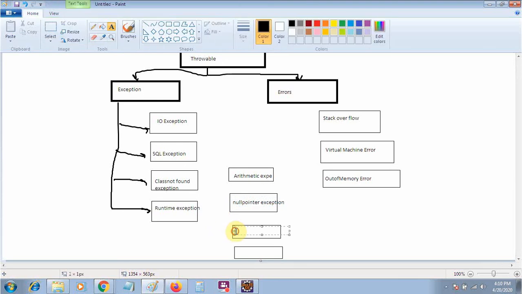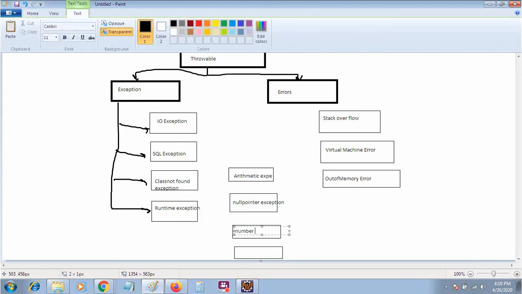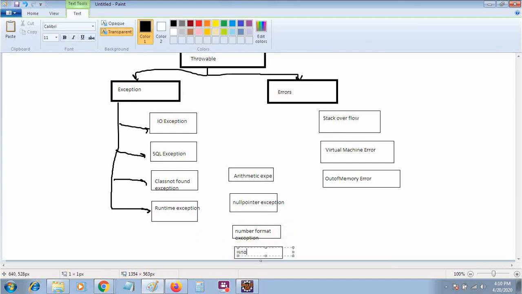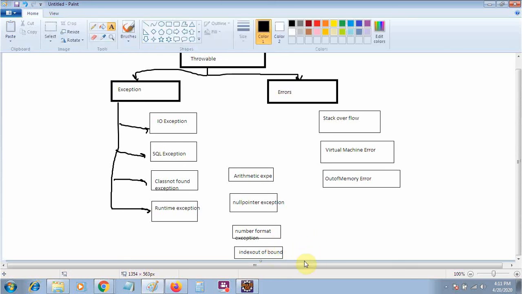Now the NumberFormatException. Now one more exception: IndexOutOfBounds, as we have seen with the array. It's not only for arrays, there are a lot of things where we will get index out of bounds. Now, IndexOutOfBounds is further divided into two subparts.